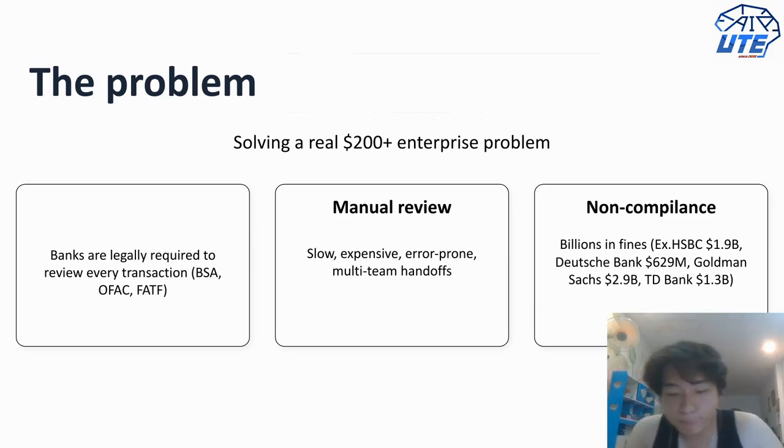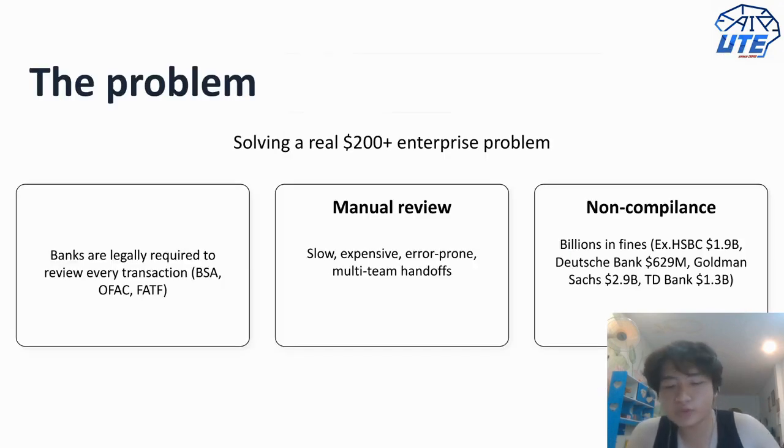HSBC paid $1.9 billion in 2012 for laundering money for Mexican drug cartels, Deutsche Bank paid $629 million in 2017 for Russian mirror trading schemes, and Goldman Sachs paid $2.9 billion in 2020 for 1MDB violations. And in 2024, TD Bank was hit with a $1.3 billion fine, which is the largest fine in US Treasury history. So we asked the question: